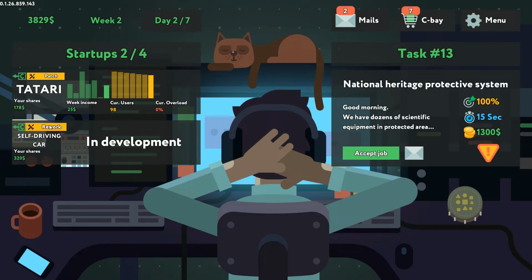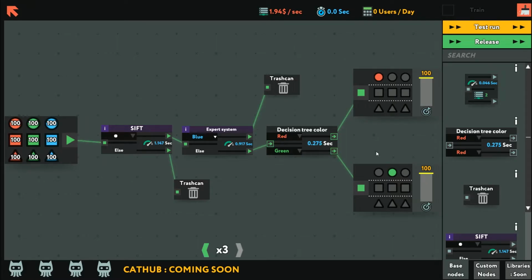We were last trying to set up a self-driving car startup with a good mechanism for discovering red and green circles. And we designed a slow system that worked. If I remember it right, it took about 19 seconds on average for everything to reach its destination. Part of the reason for that, if we test run here, is that this SIFT system is very slow. We're actually doing this very slowest thing first. Which is fine, I guess, but